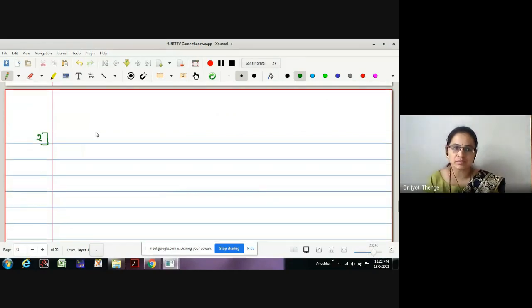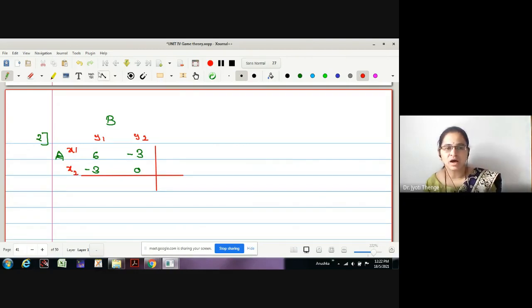Okay, let me write the matrix B, A, and no doubt a 2 by 2 matrix only. 6, minus 3, 3, minus 3, 0. Then let me write the probabilities. Here the probabilities are x1, x2. Here the probabilities are say y1, y2. Let me do it in that example itself. So we will find the difference of row and column and put it in the opposite row.